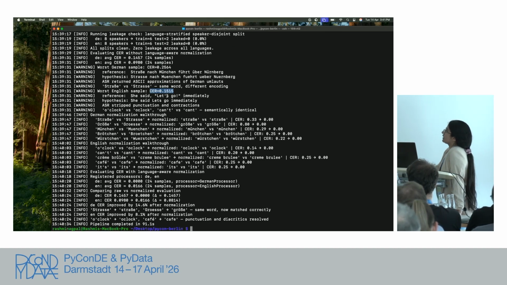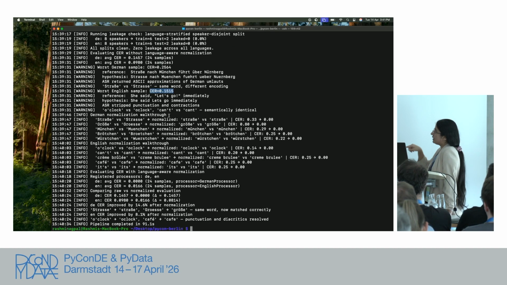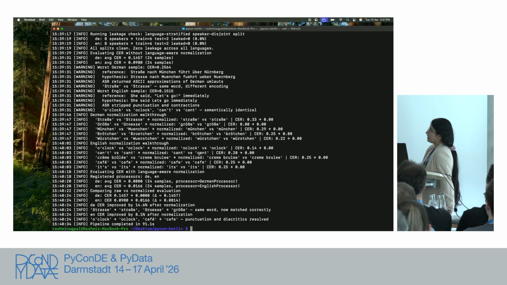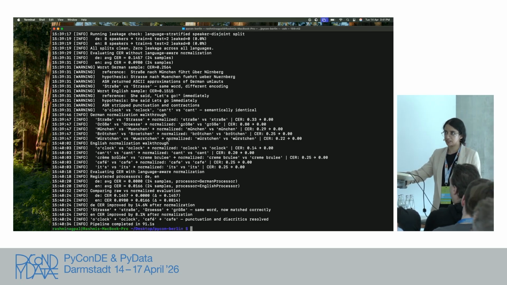Once it has identified this issue, it will go back, iterate, and build the model again. Here you see that these two words mean the same, but after normalization, it's a loanword normalization. Once you have done that, the character error rate comes to 0, which was initially 0.14. That was before normalization or any pre-processing technique.